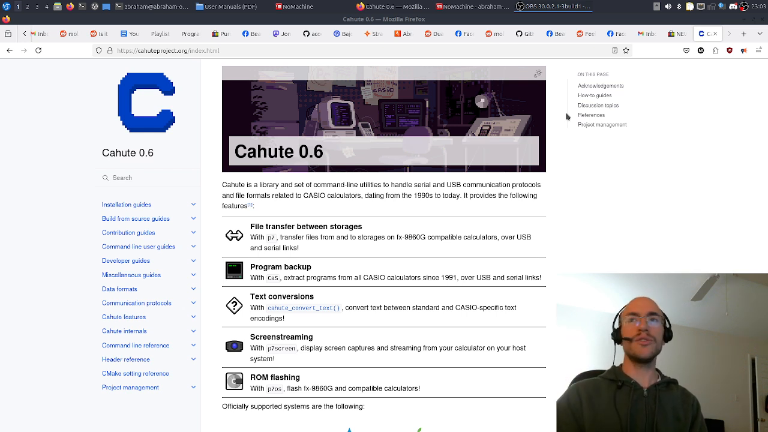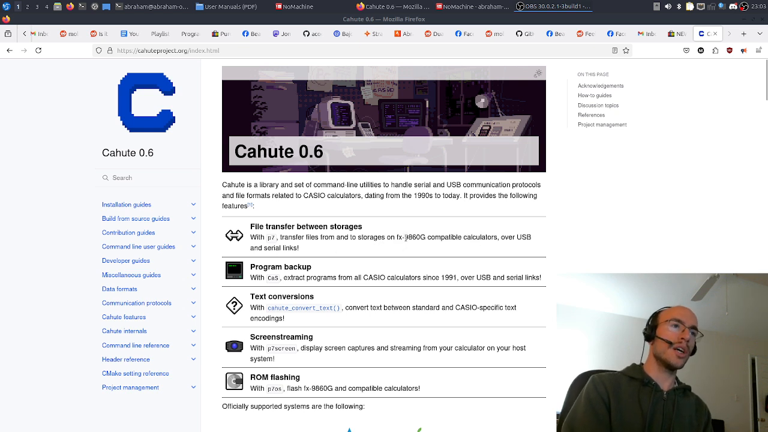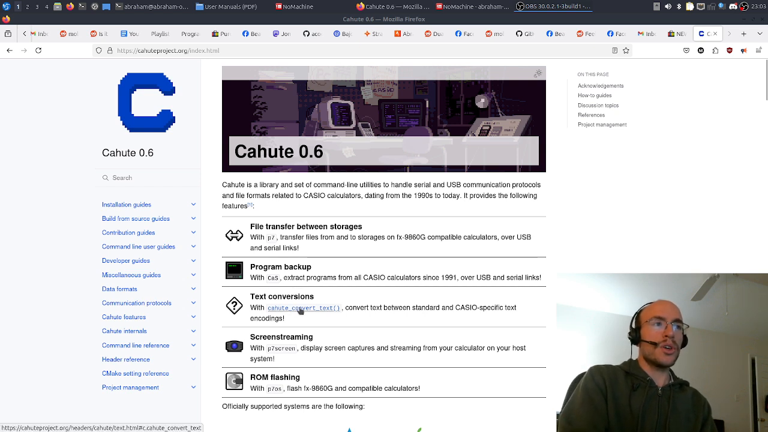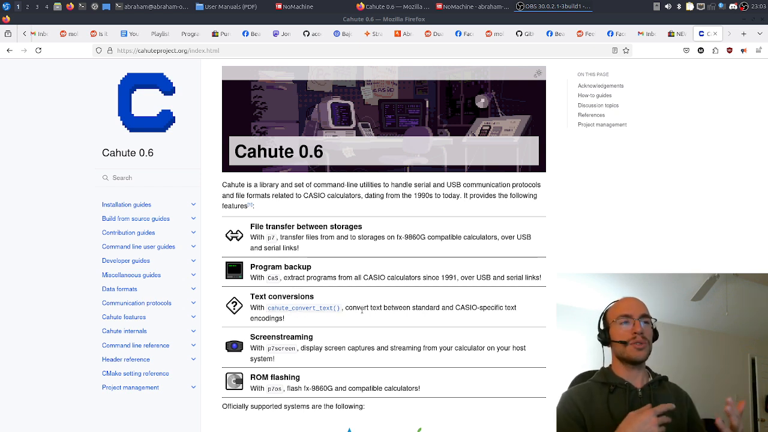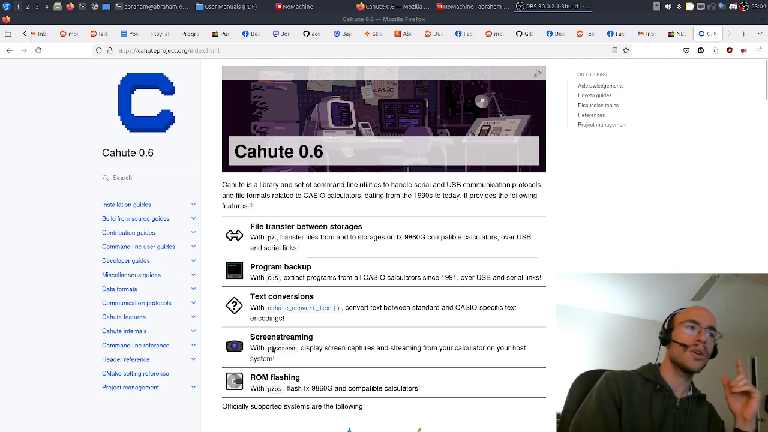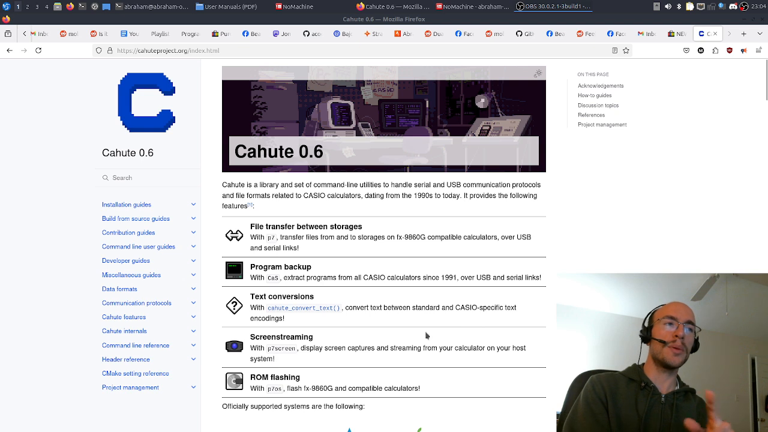Since then, there's a new version released. This is really exciting, and I'll have to see when it was released. Cahute 0.6. It includes file transfer utilities between storage on FX9860G compatible calculators and PCs, program backup with the CAS utility, text conversion with Cahute Convert Text that converts some of those unusual Casio specific characters to standard text, screen streaming, which I want to talk about in this video